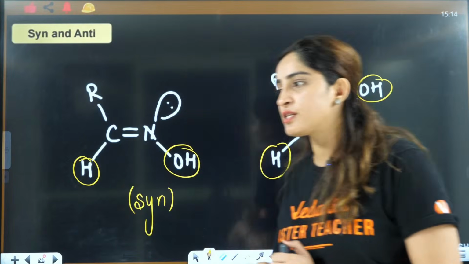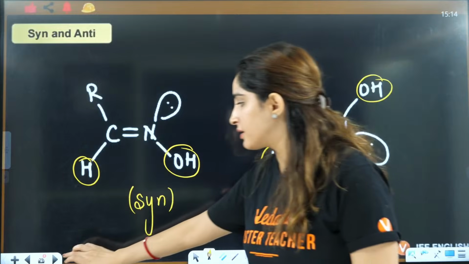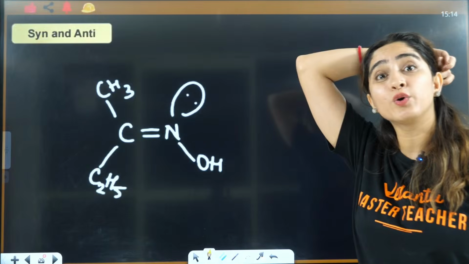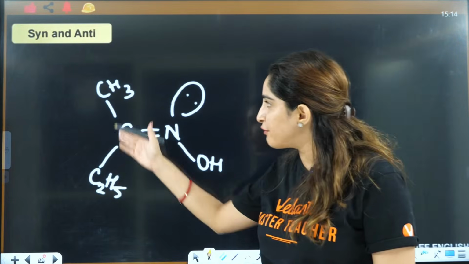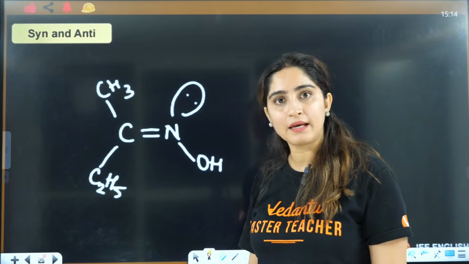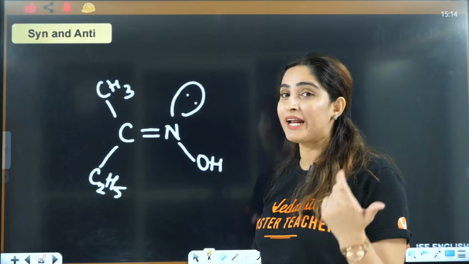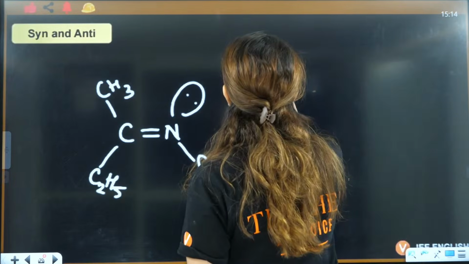But the question is, ma'am, in aldoxime you can tell because you have hydrogen here. But ma'am, what about ketoxime? In ketoxime, how will you tell whether it's syn or anti? Because there is no hydrogen here, which is opposite, right? So in this case, we'll define it according to the alkyl group, right? If you talk with respect to methyl,